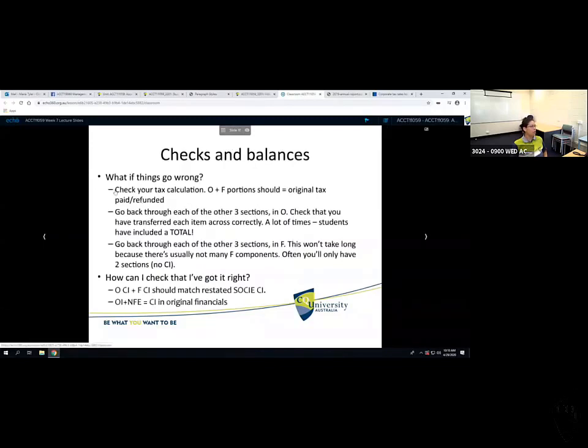If you have gone through all of these steps, I can guarantee you will find your error. I have not seen an income statement that didn't balance after you've gone through each of these 3 steps. So the errors are usually made just quickly or carelessly or accidentally not understanding an item in your original financials and transferring those across. Okay, so once you actually take the time to go back and double check all of that,